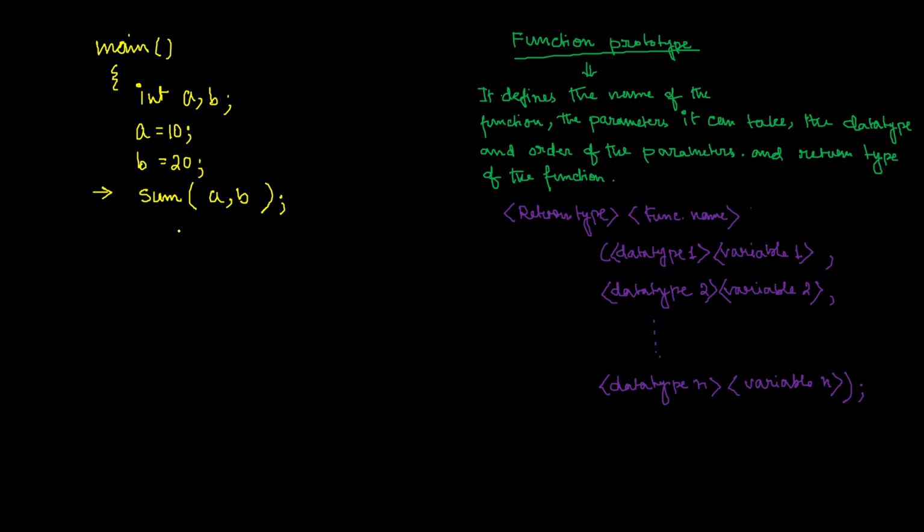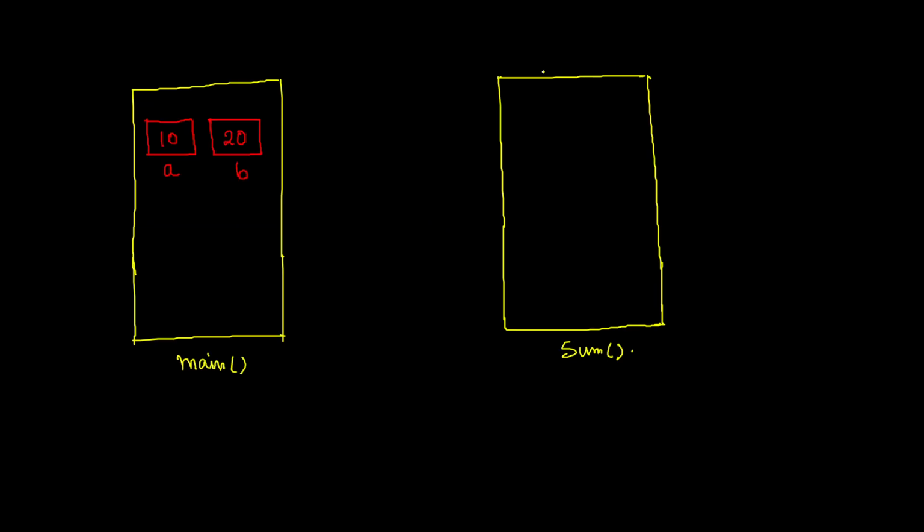Since A and B were declared within this main function, the scope of A and B is limited within main. That means when I'm calling the sum function, what happens? A memory space for sum is allocated, and somehow the values of the variables A and B should be